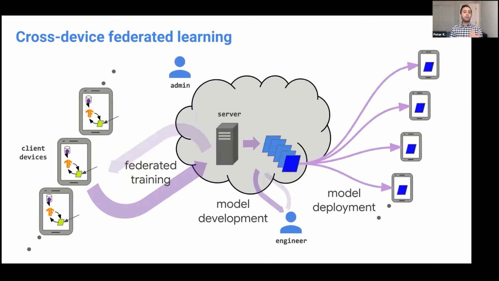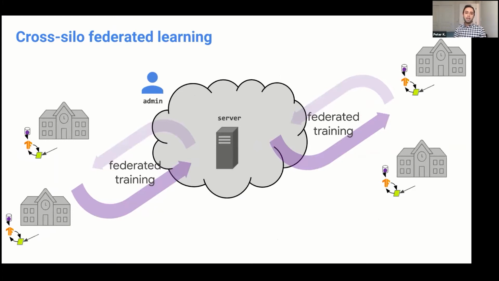Now, federated learning appears in two main settings. There's the cross-device federated learning, where we have phones as clients. So here you can imagine you have a very large fleet of devices. We're talking tens of millions or hundreds of millions or even billions of devices. Think sensors, phones, laptops. So this is a very large-scale setting of federated learning, and this is what Google has been largely focused on.